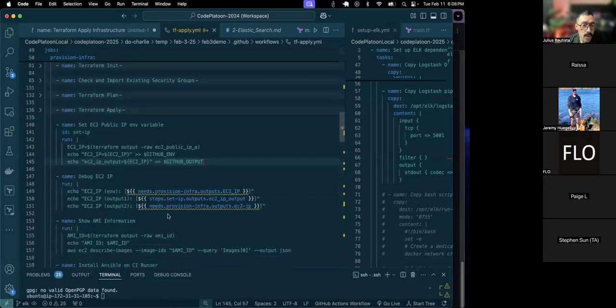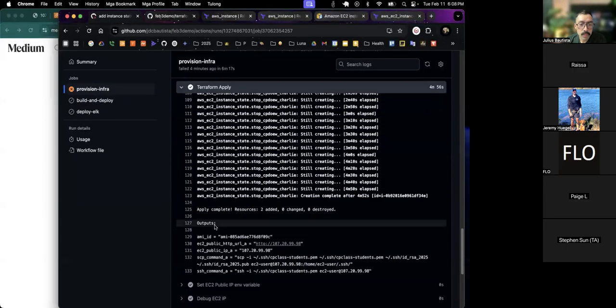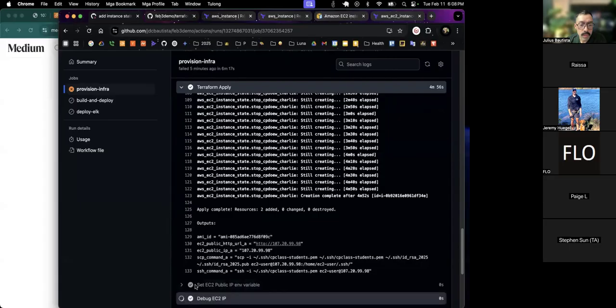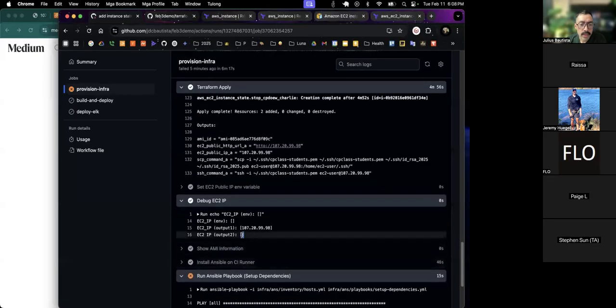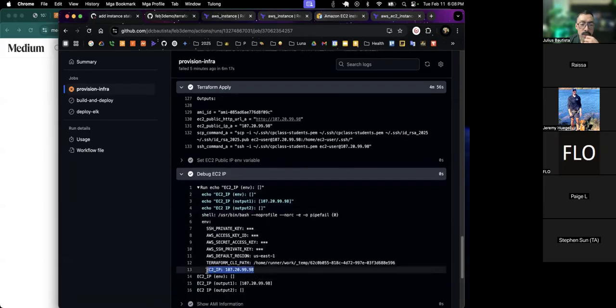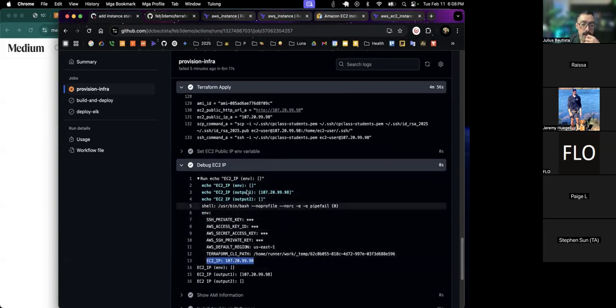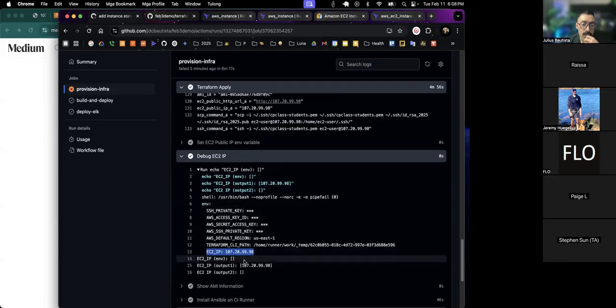So these logs will show that we see the environment variable inside of the step itself, but